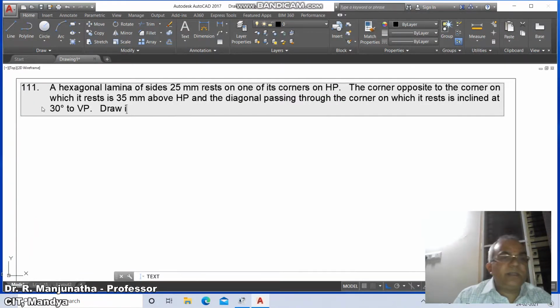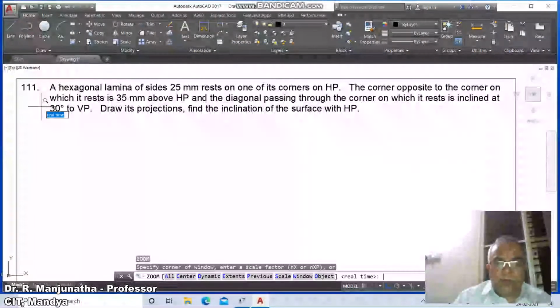Draw its projections, find the inclination of the surface with HP. So this is the problem.